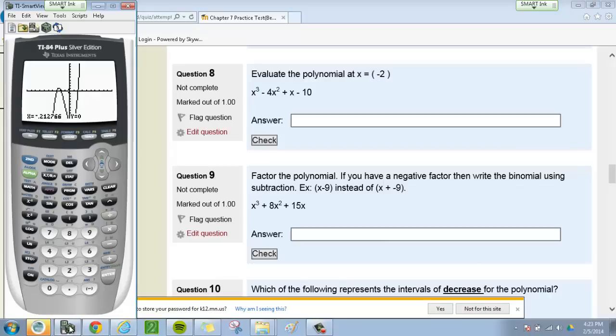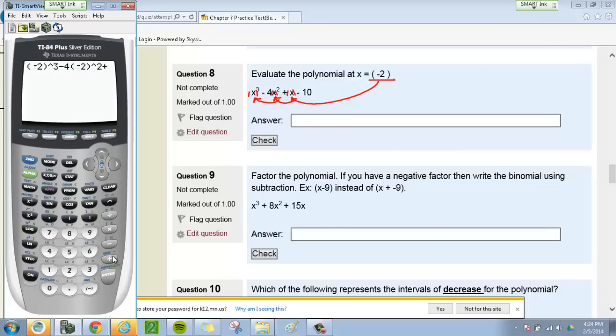You're going to forget to use these parentheses, so don't do that. What it really is saying is, evaluate for this -2. So take this -2 and put it in right there, and right there. It's also saying you better put parentheses around this -2, or else. So let's do that. We got parenthesis -2 to the 3rd power minus 4 parenthesis -2 squared